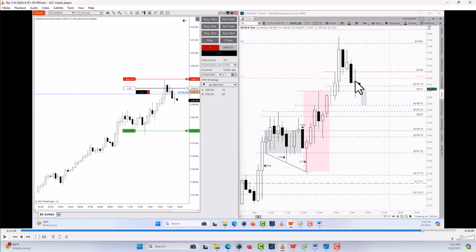Because right here, when you trade the real breakout on the downside, you don't want it to test from below, because that is a signal that it's going to reverse at that level. It's not going to be a real breakdown.